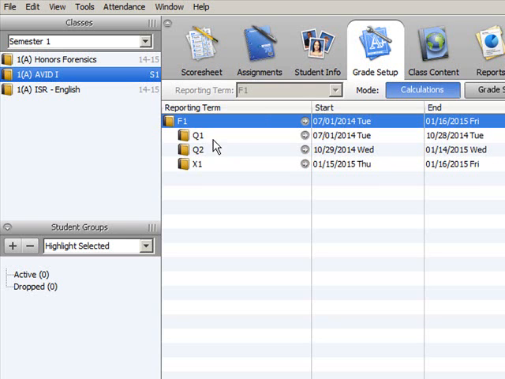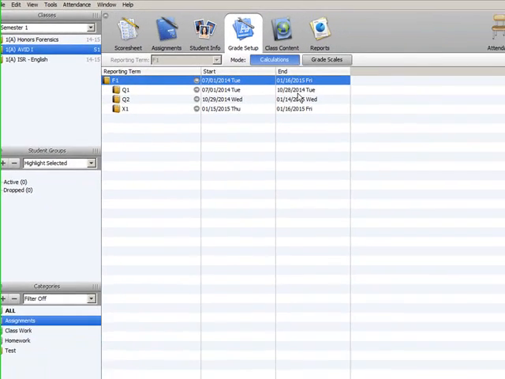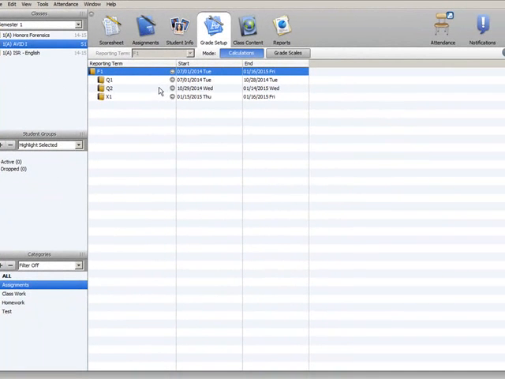So for example, in quarter 1, it's going to look for any assignment that's entered between July 1st and October the 28th. If I'm a little bit late getting my grades in, and I am entering assignments on October the 29th for first quarter, then it's going to send those grades to second quarter instead, because that's the start date of second quarter. This is very important when you're trying to add in your final exam grade for your course,